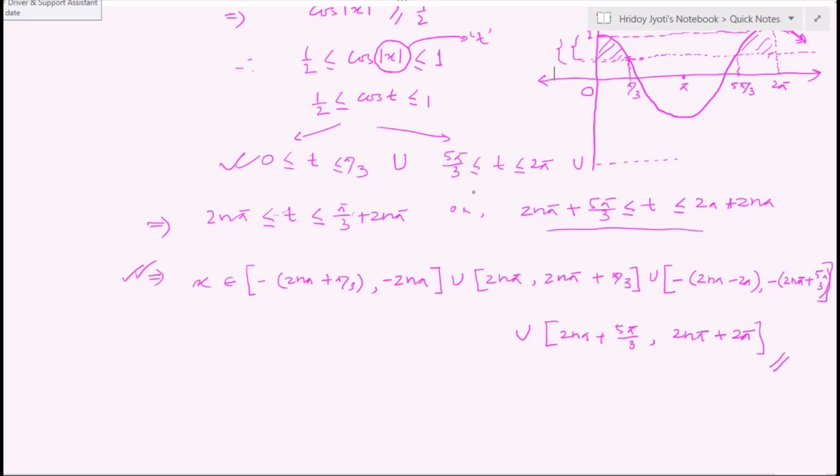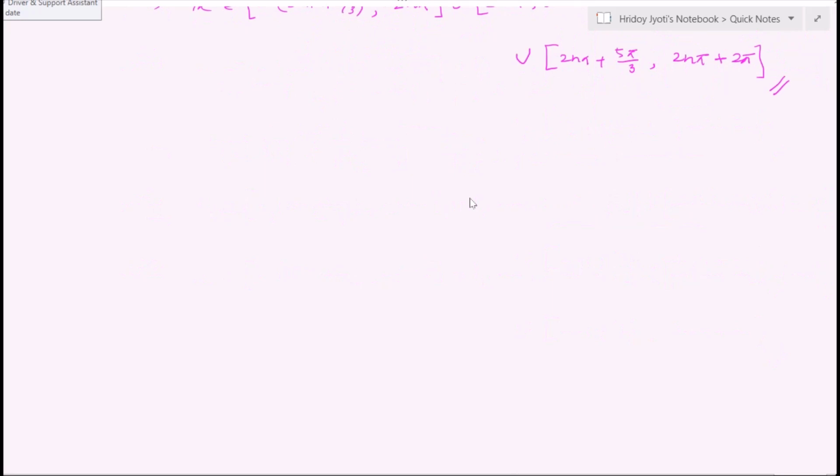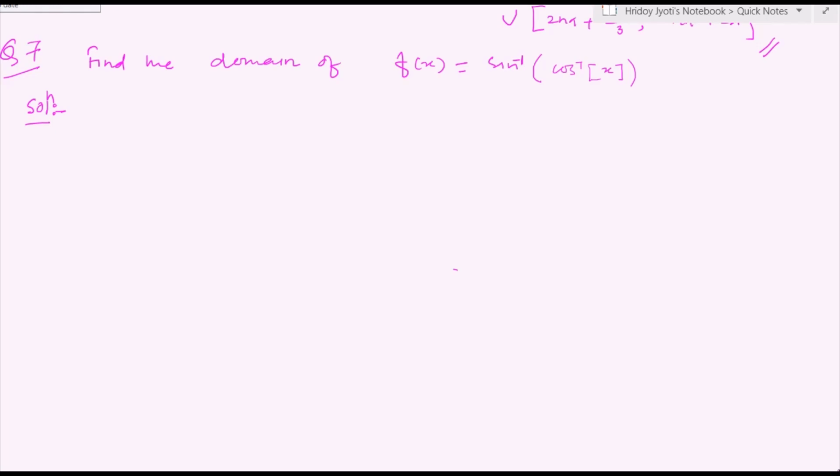We'll go for the next question. We are coming with the next question, that is, find the domain of f of x equal to sine inverse of cos inverse of modulus of greatest integer function of x. So we know that cos inverse